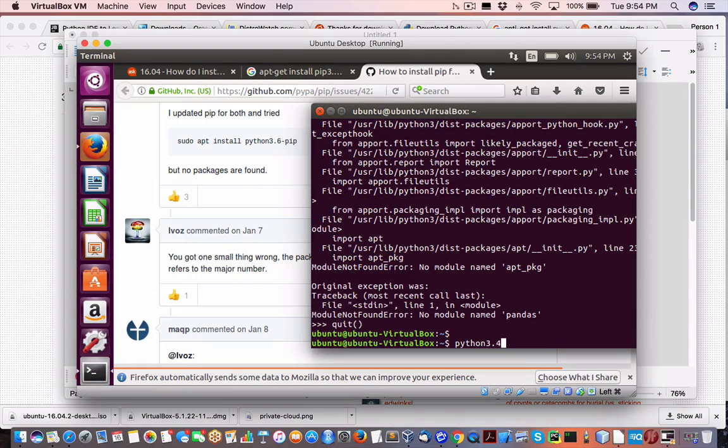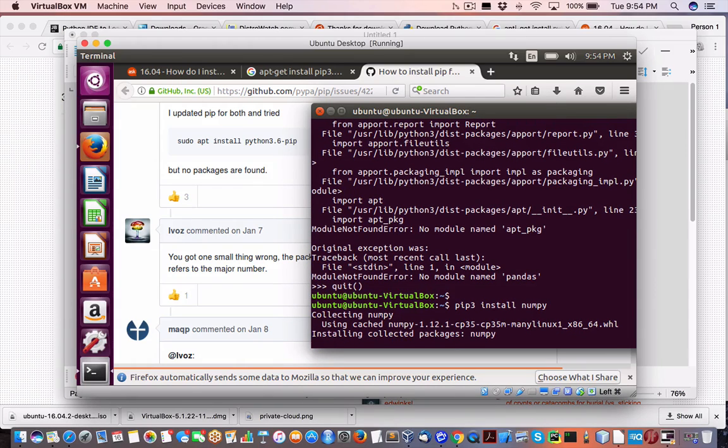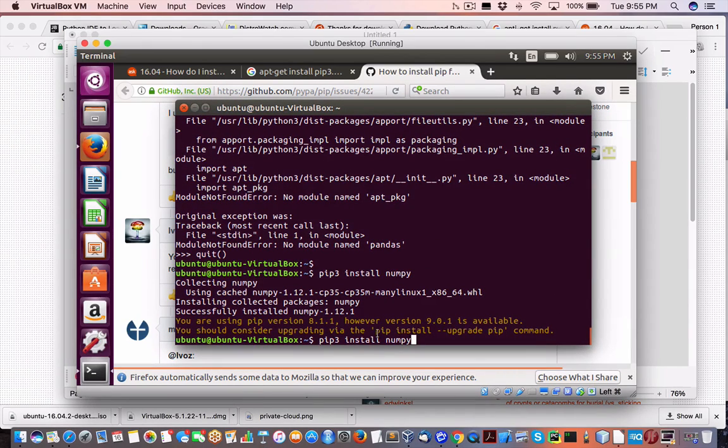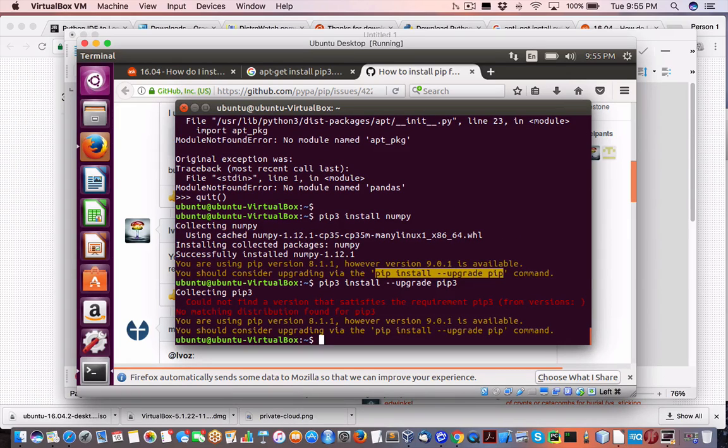All right, so the next one we want to install is NumPy. This is again Python 3. You are using pip 8, however, a newer version is available. You should consider upgrading. Hold on. Pip install upgrades. So we've got to run this command. Let me just try that. So pip3 install upgrade pip3. Does that work? You're using, however,